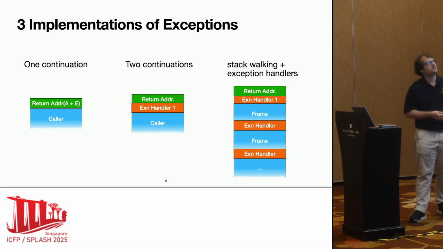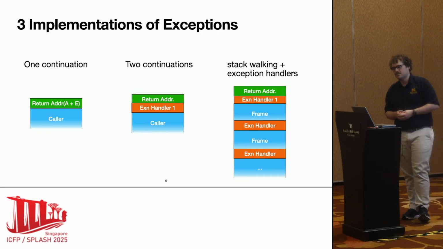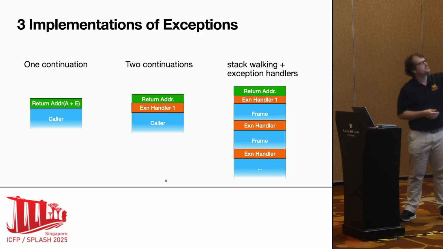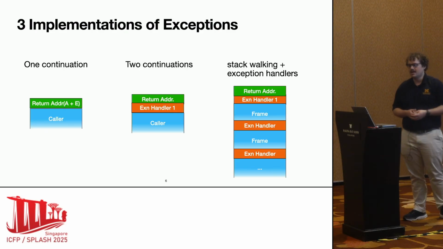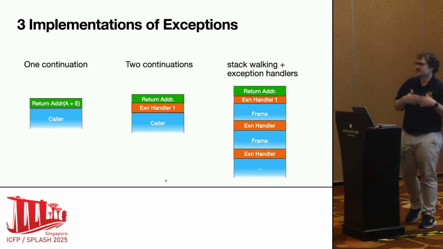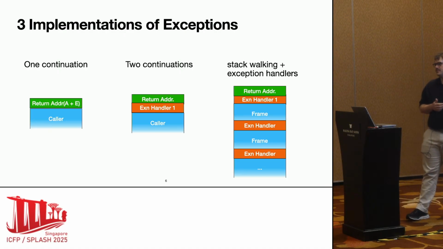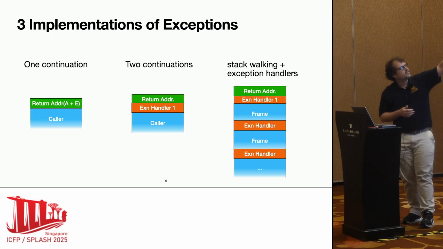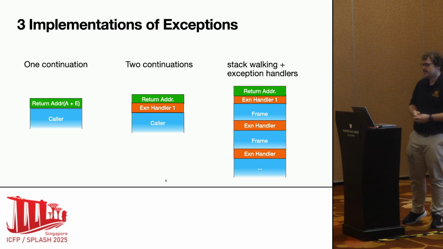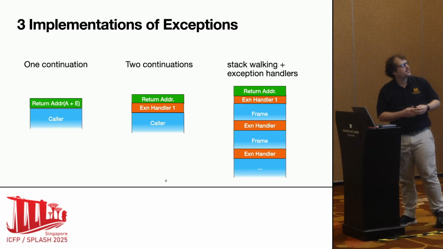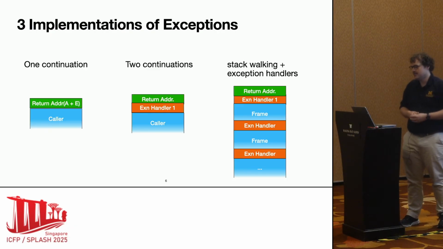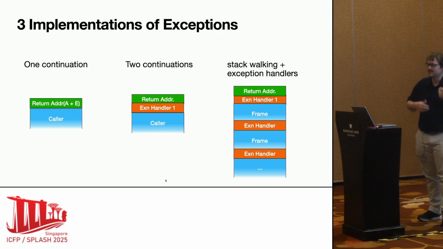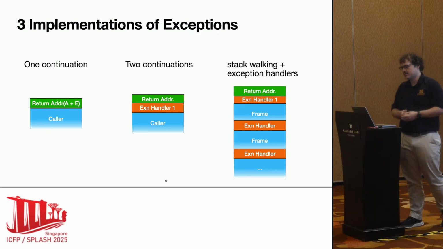So as an example, let's look at 3 different ways that we can implement exceptions in the compiler for a language that has them, right? So on the one hand, we could do something very similar to what we might do with the either monad, which is we have a continuation which says either I'm a successful value A or I'm an error value E, right? And then I'll have the continuation, the caller stack frames below that. Okay, on the other hand, that's not actually very efficient. There's too much branching on these data values, so a more efficient one is to have 2 different continuations, one for success, one for exceptions, and then I don't have to match on the result.